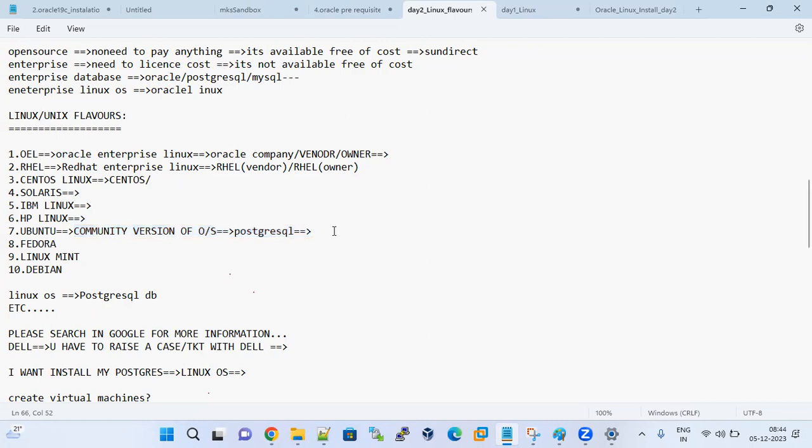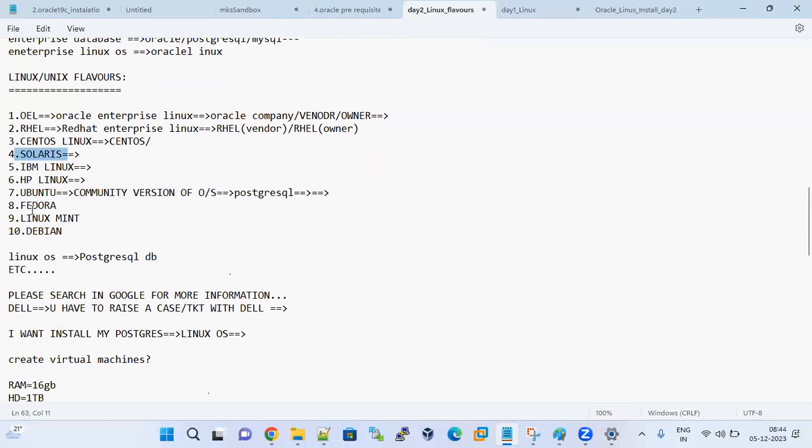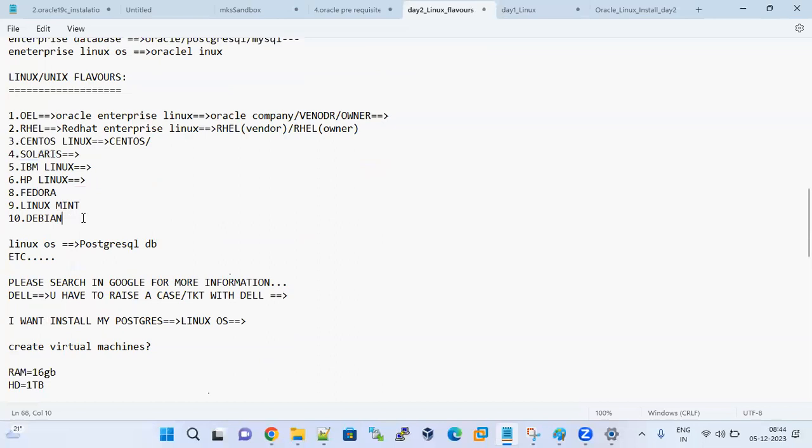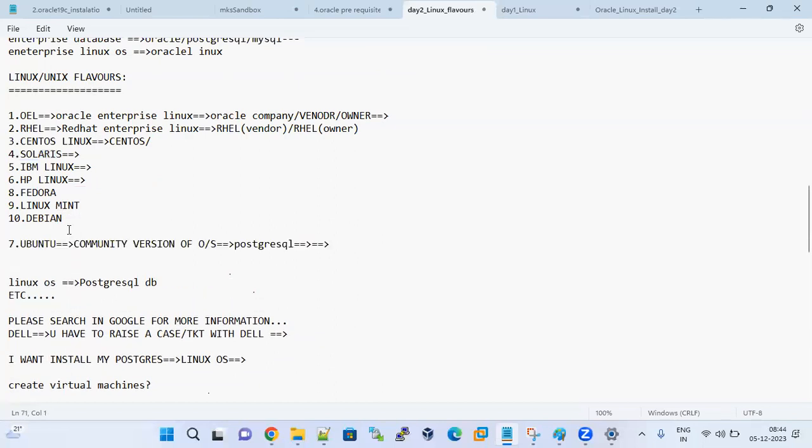Solaris was developed by Solaris company. IBM Linux was developed by IBM. HP Linux, Fedora, Linux Mint, Debian. These are all enterprise products, except this one, which is an open source Linux operating system.